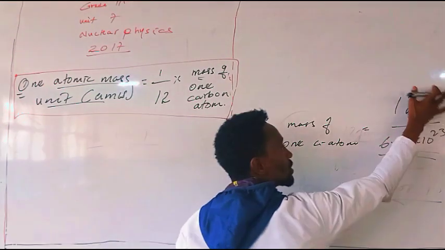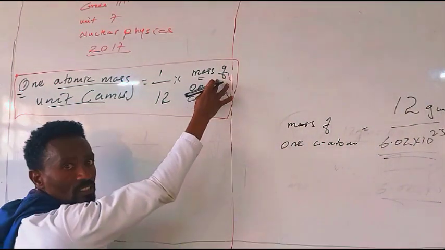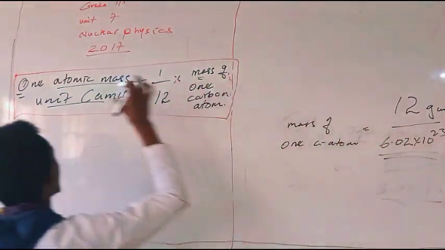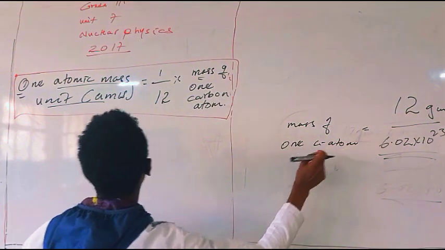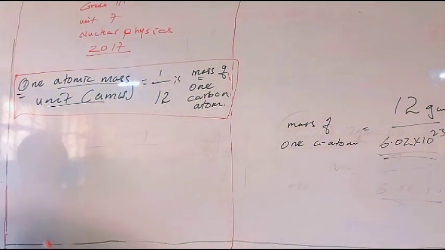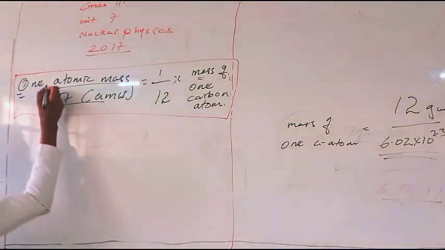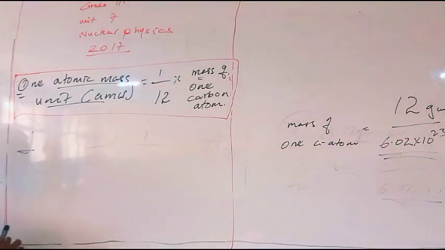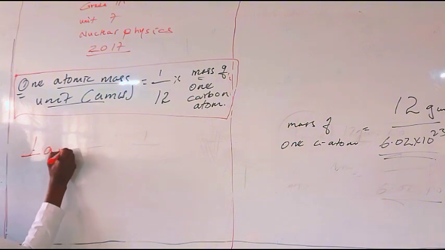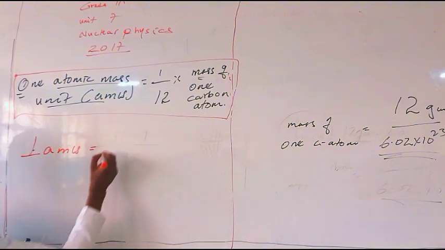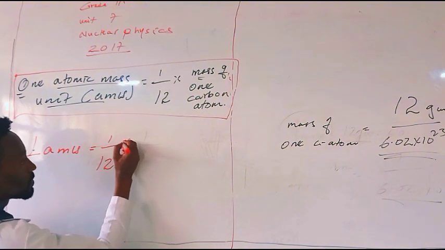Put this value in this place to get the relation between the atomic mass unit and kilogram or gram. So from this you have one atomic mass unit is equal to 1/12 times